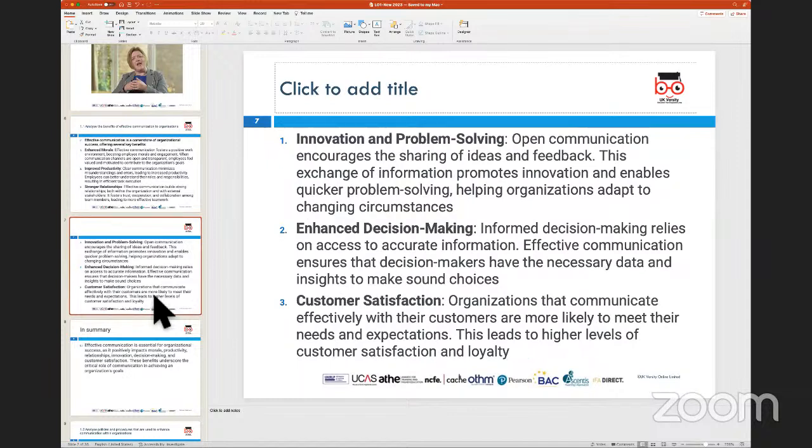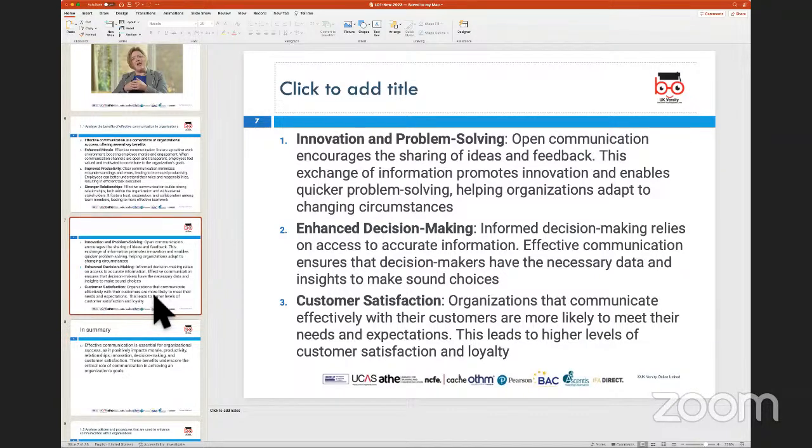We'll also look at other things like, if you have effective communication, you generally see that problems can be solved more effectively within organizations. If there are circumstances which throw up problems, people are able to get together and reach a solution, and that is because of the collective nature of working and their understanding of how they need to resolve the problem.